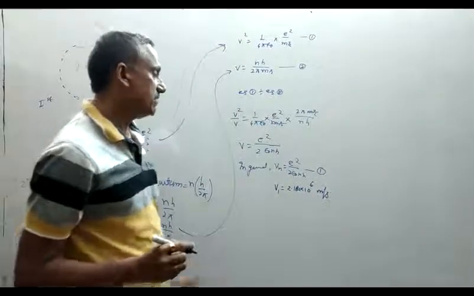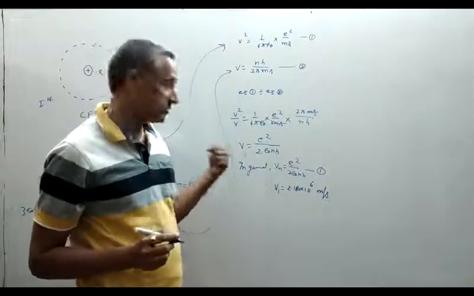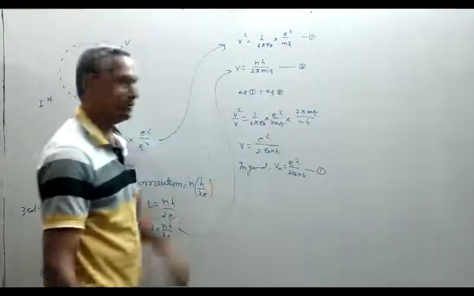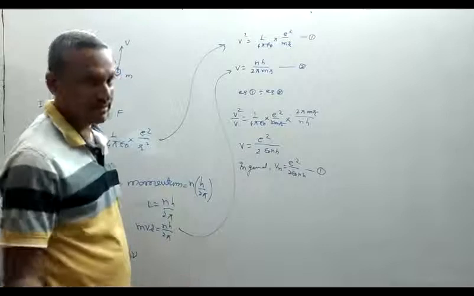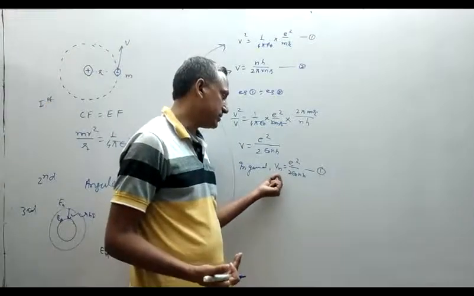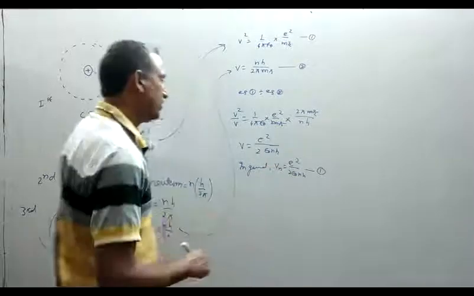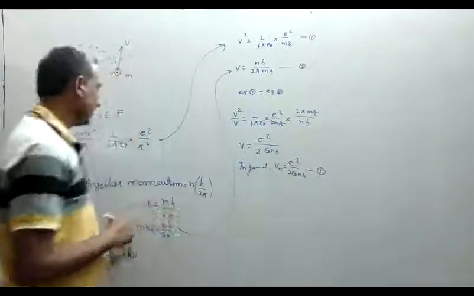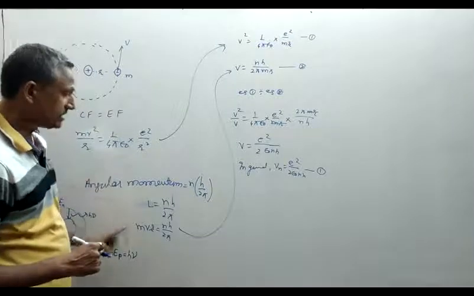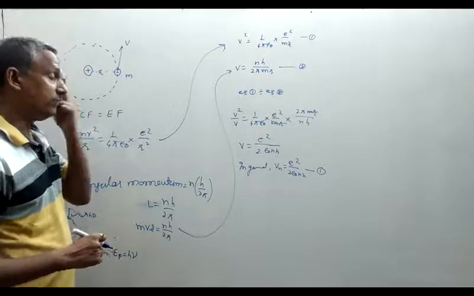So here this is the velocity of electron in the first Bohr's orbit. It is used in numerical problems, but for objective questions for NEET and JEE, you should learn the value of the velocity of electron in the first orbit. Now for the second, the radius. We know that from the first postulate and second postulate, we can obtain the value of the radius